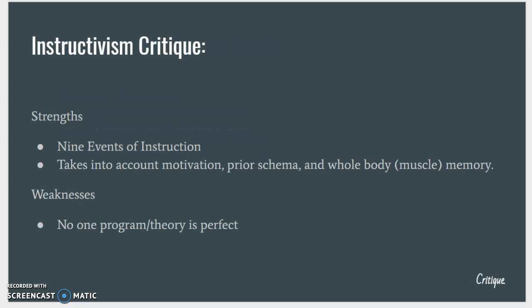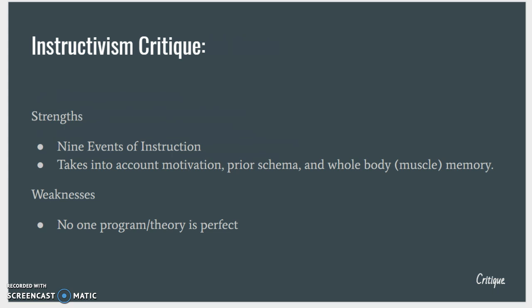Moving on to my critique of the two theories. I believe the strongest aspect of the instructivist theory is the 9 events of instruction, which is still in use in educational systems today. The instructivist theory also takes into account motivation, prior schema, and whole body or muscle memory. The only weakness I've discovered through my research so far is that using just one system or program is never a good idea. There are many other strategies that can be used in conjunction with this instructivist theory to make